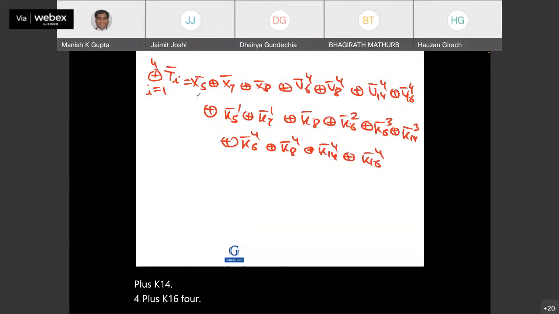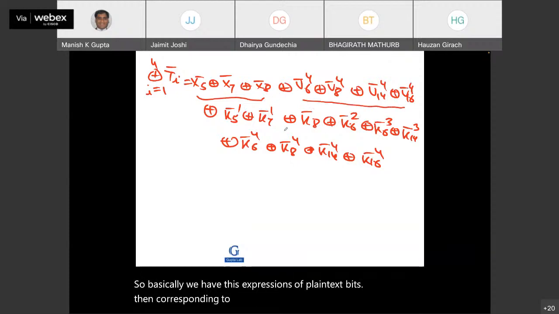So basically we have these expressions of plain text bits, then corresponding to these inputs Uis,